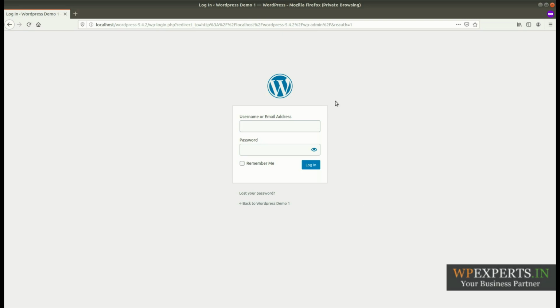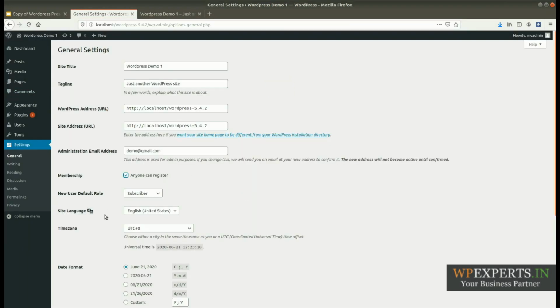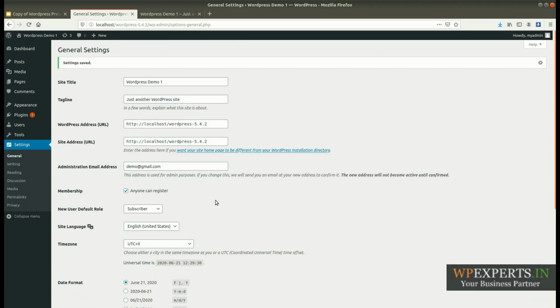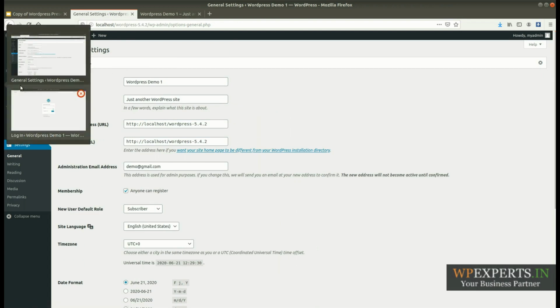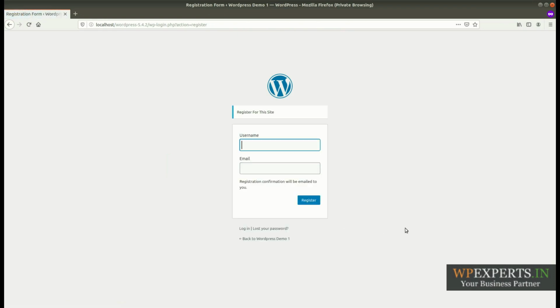So if you want to allow the registration, you need to check this box. Let me show you, I have checked it and updated the setting. So the registration button should be there. You can see I am able to register here.